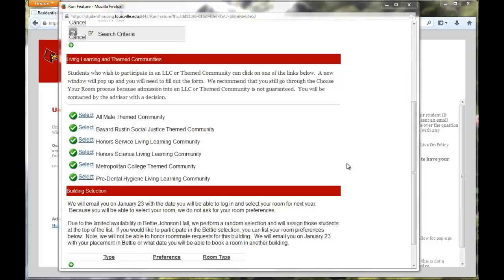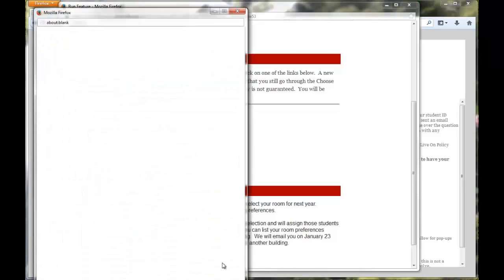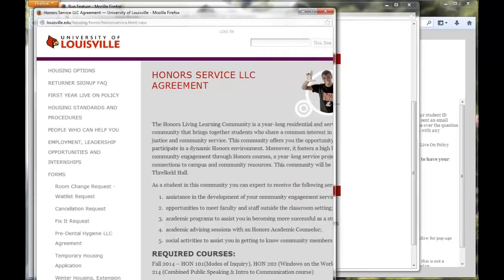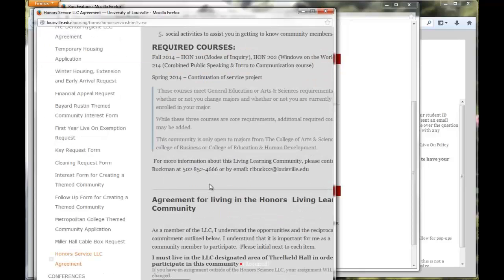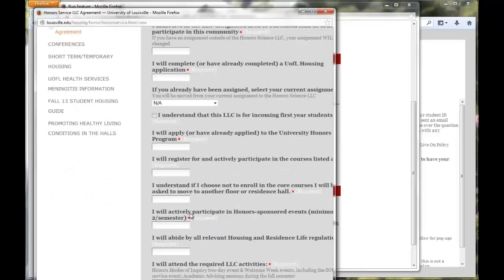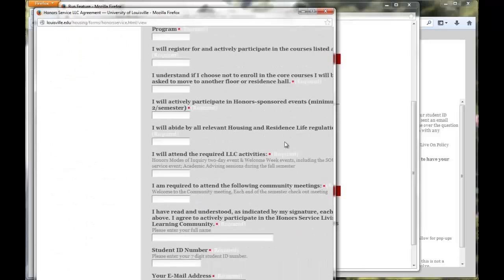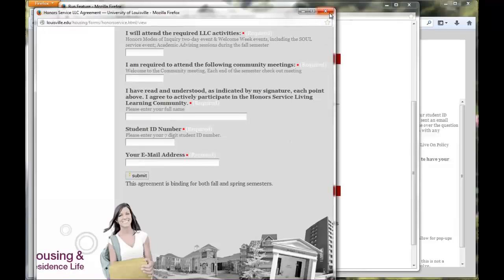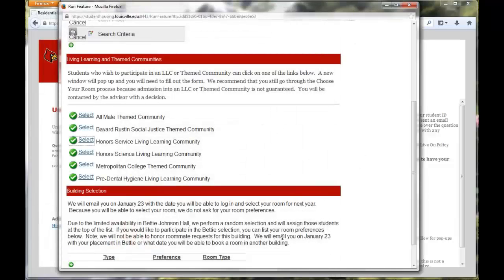We are very proud of our living, learning, and themed communities. If you are interested in living in one of our communities, go ahead and click on the Select button next to the community you are interested in. It will pop up another window. Certain browsers may have issues with the scrolling on this page, so go ahead and click on that window and click on Tab to scroll down through the different options that you will need to fill out. Once you've completed this page and clicked on Submit at the bottom, go ahead and close out and finish completing